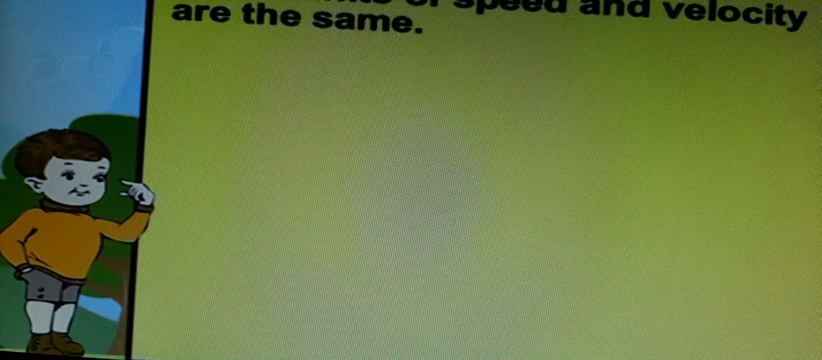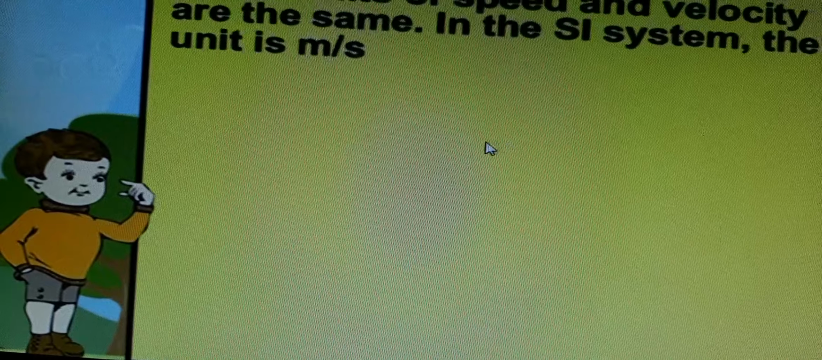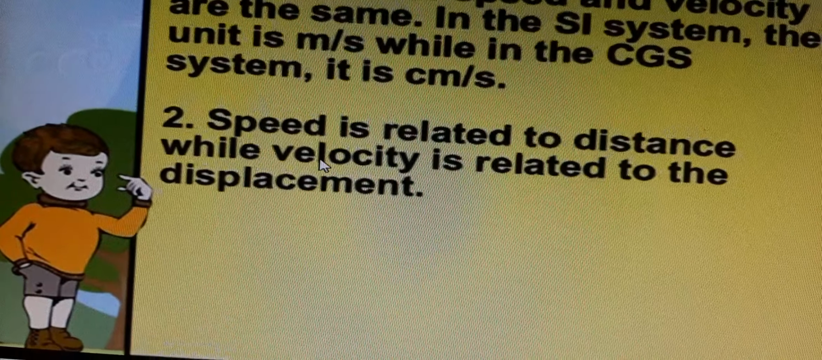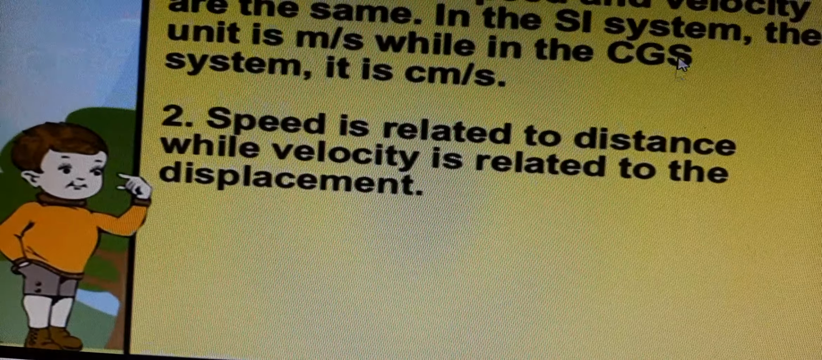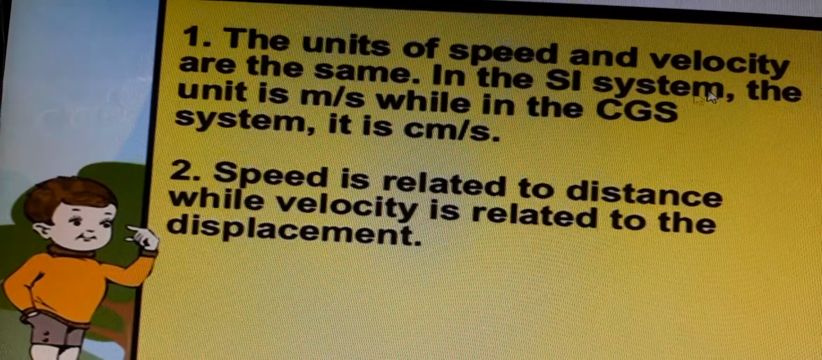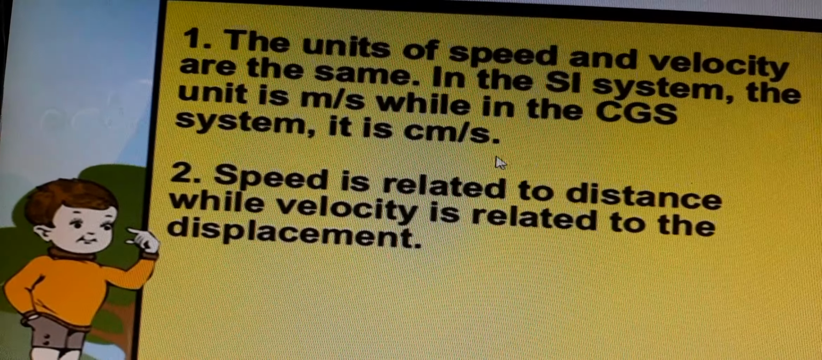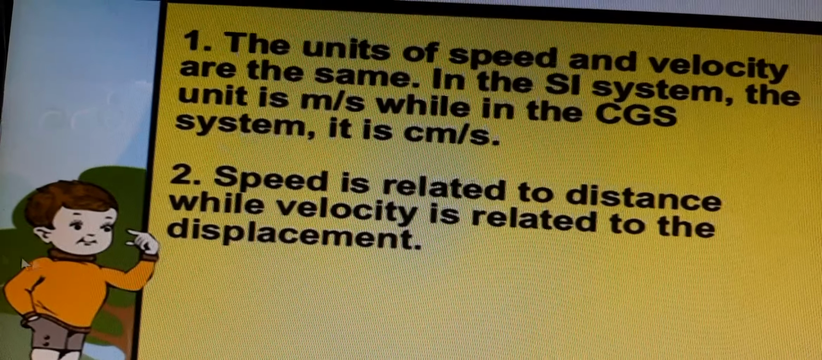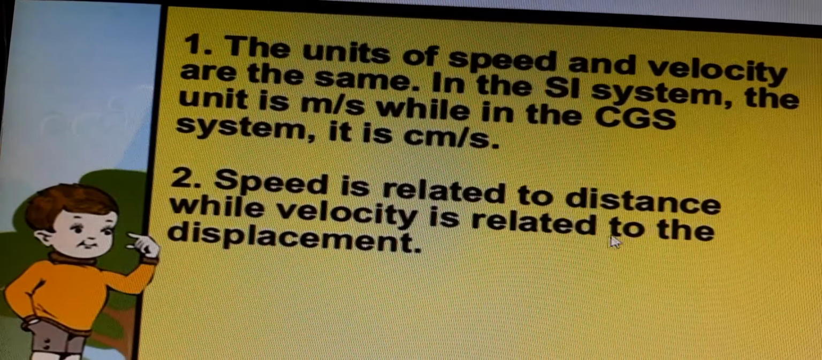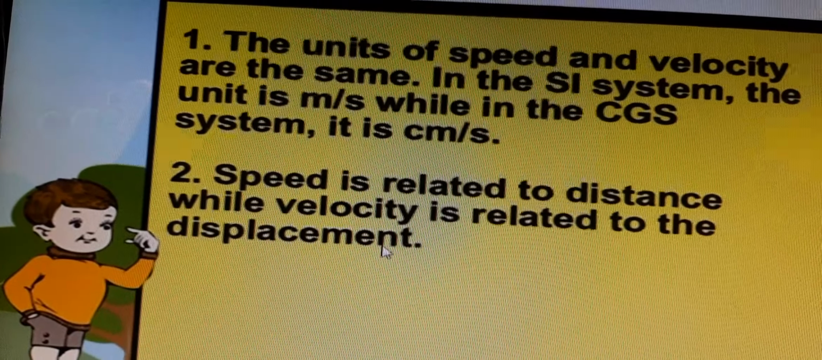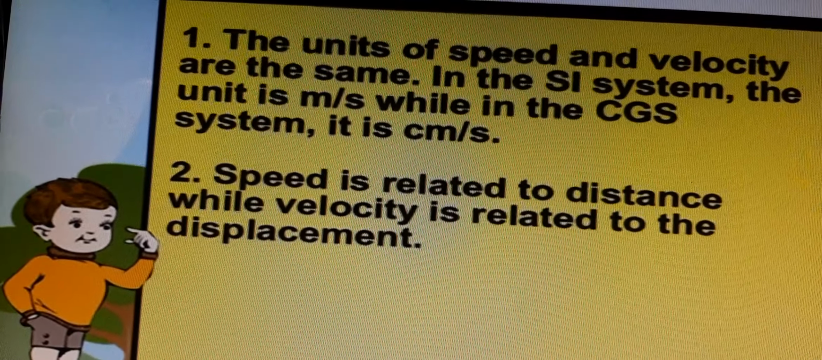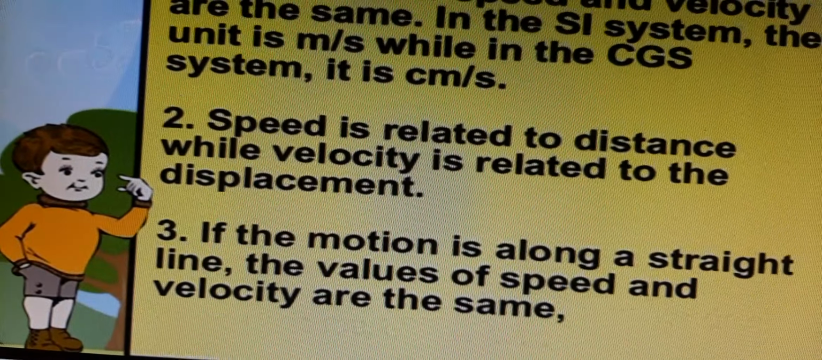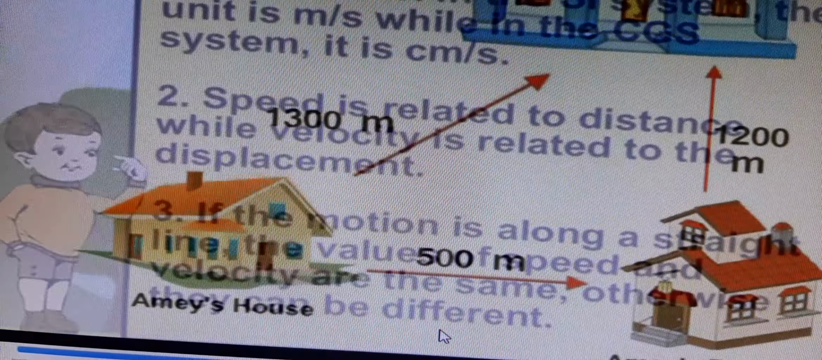Speed is related to distance while velocity is related to displacement. And if the motion is along a straight line, the values of speed and velocity are the same, otherwise they can be different. Here we can see again: the units of speed and velocity are the same. In the SI system the unit is meter per second, and in the CGS system it is centimeter per second. The second point is that speed is related to distance while velocity is related to displacement. Speed is the distance travelled in unit time, and velocity is the displacement in unit time. And if the motion is along a straight line, the values of speed and velocity are the same, otherwise